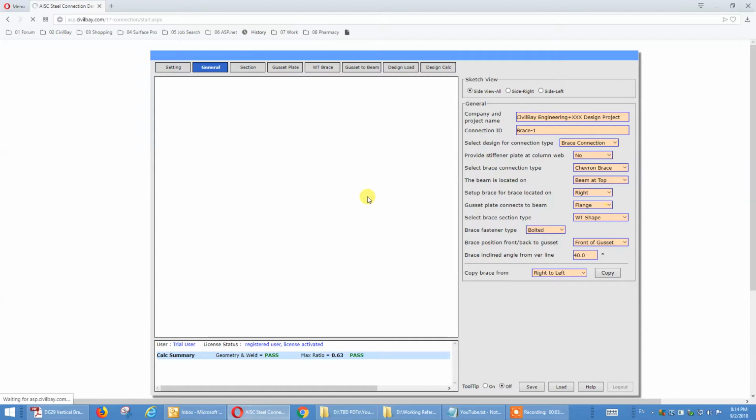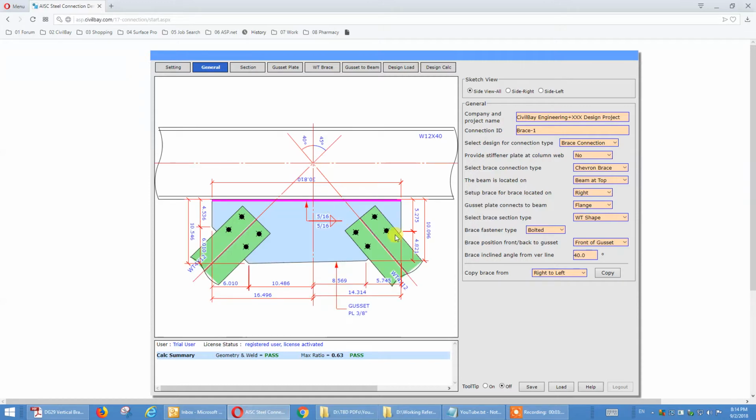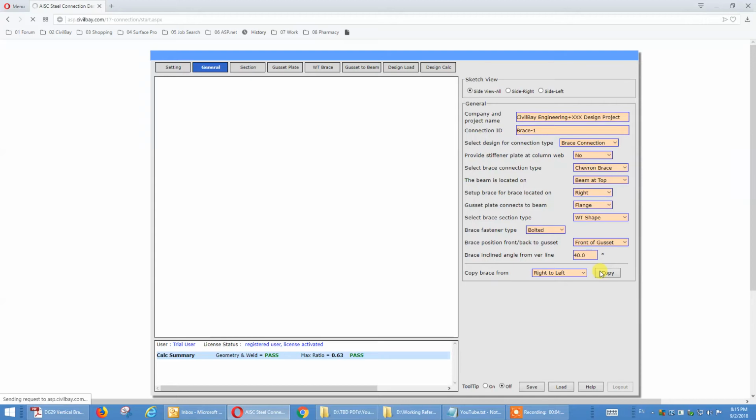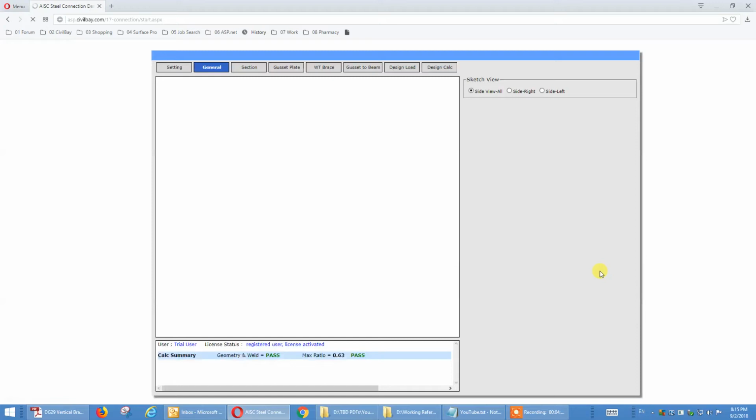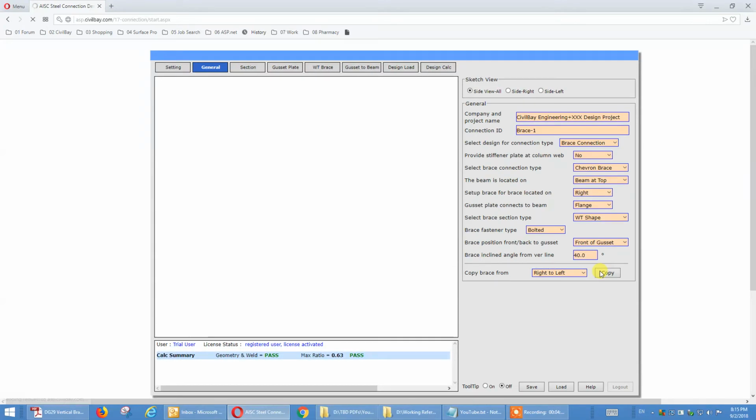Of course, the Chevron brace is normally symmetric from right to left. We can copy the brace configuration. You see this gusset, the angle is different. One is 45 degrees to the vertical line, one is 40 degrees. I don't know, that might happen, right? But if you want to be symmetrical, you just copy everything from right to left or left to right. All right. So I get copy,